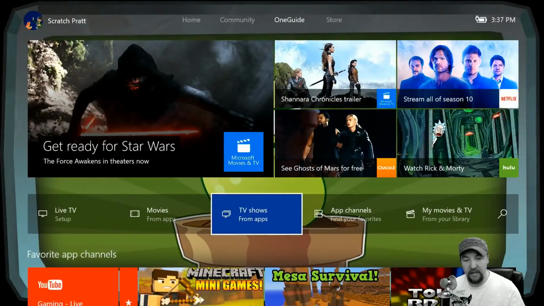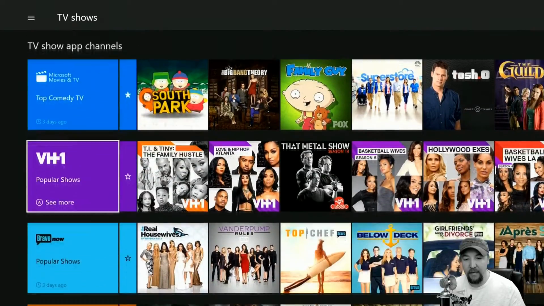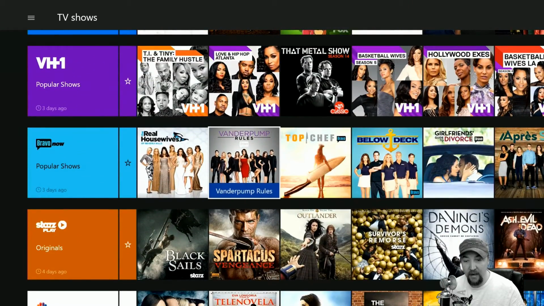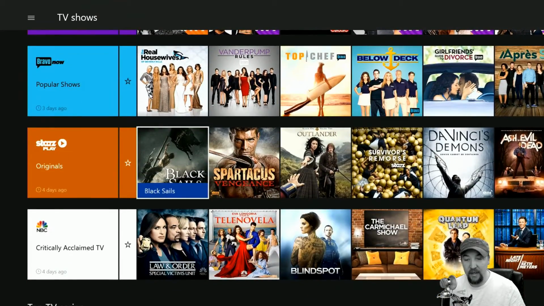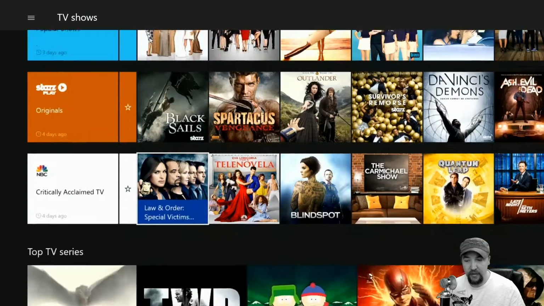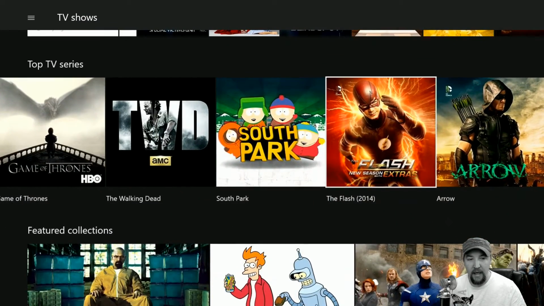Let's do TV shows from apps, for example. If I look here, I can see what's on VH1, what's on Bravo, and what's on Starz Play, the originals, critically acclaimed television. Now, I probably have to buy these or subscribe to them. Each one is a little bit different, but I can see where I'm going to be able to find this